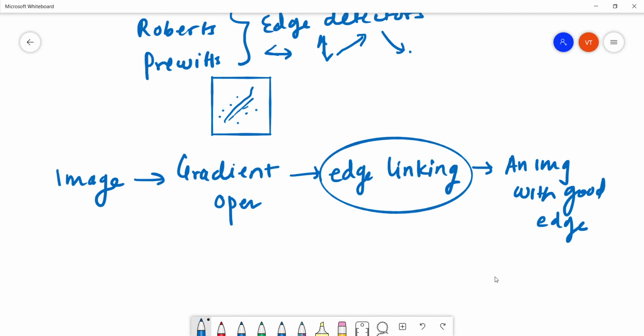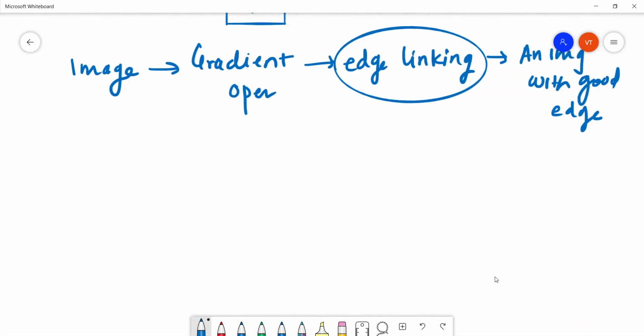This is called local processing. Why are we saying local? Because we are not considering the entire image, we are just considering a part of the image. When you consider the entire image, we generally say it's global processing, right? But here we are talking about a part of the image. This is done by analyzing pixels in a neighborhood, maybe 3 by 3 or 5 by 5 or 7 by 7 neighborhood.